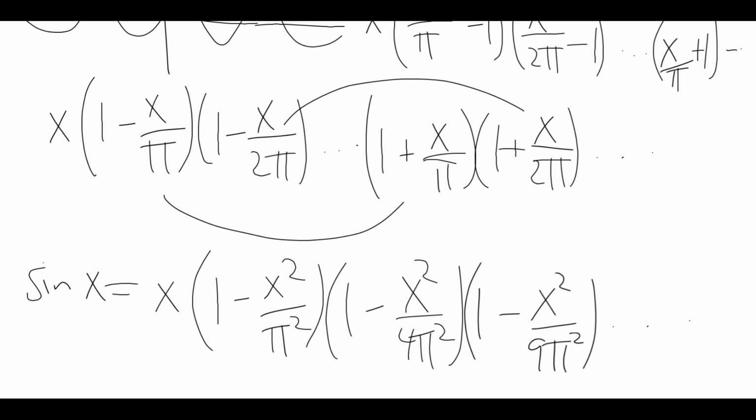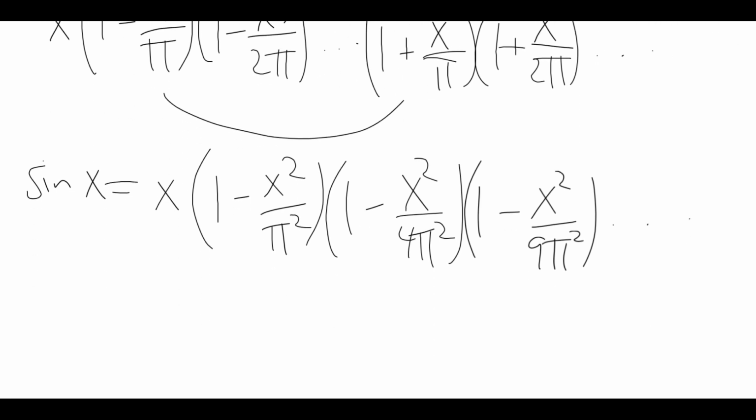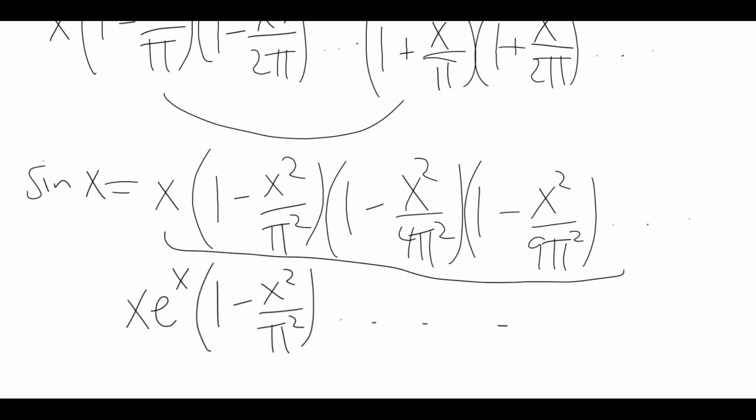and it is true, but in some sense he got very, very lucky, because there are many other functions with the exact same zeros, but that are not the sine function. So you can multiply this by lots of different things. One thing you could do, for example, is multiply by e to the x. That doesn't have any zeros, so it won't affect the zeros at all. So it isn't so clear that this is really the formula we need to get sine x,